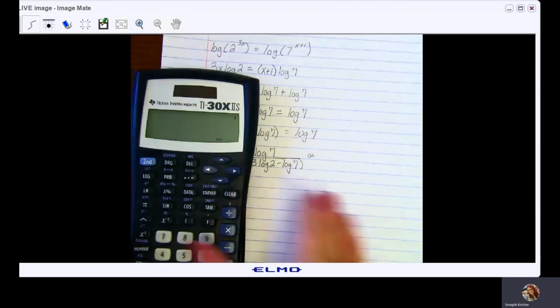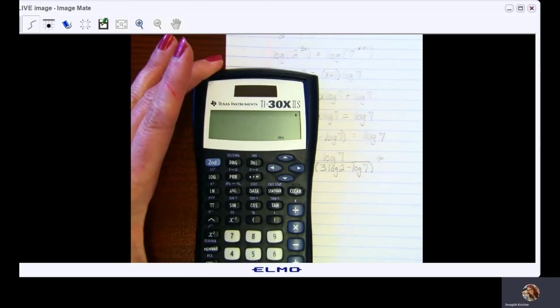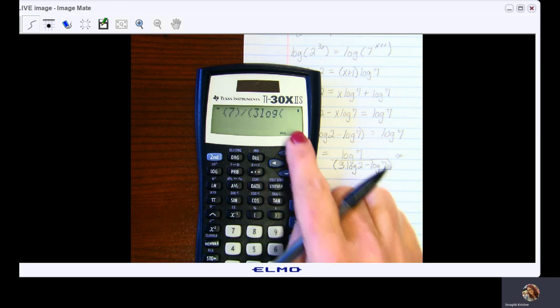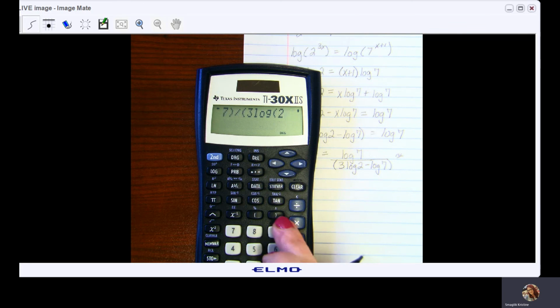And can I get this without glare? I am working on the TI-30X2S. So I'm going to punch in log 7. I'm going to close the parentheses, divided by, I'm going to start a set of parentheses, 3 log, it's starting a parenthesis again, 2, I need to close that parenthesis, minus log, my argument is 7, close the parenthesis, that closes the parenthesis on that last logarithm. Now I need to close the parentheses on my denominator, so I'll close the parentheses again,